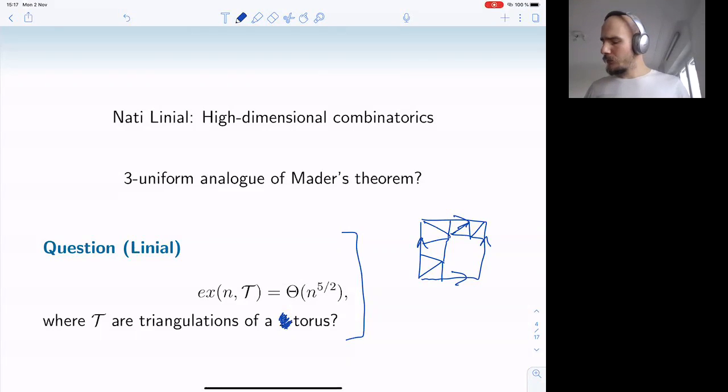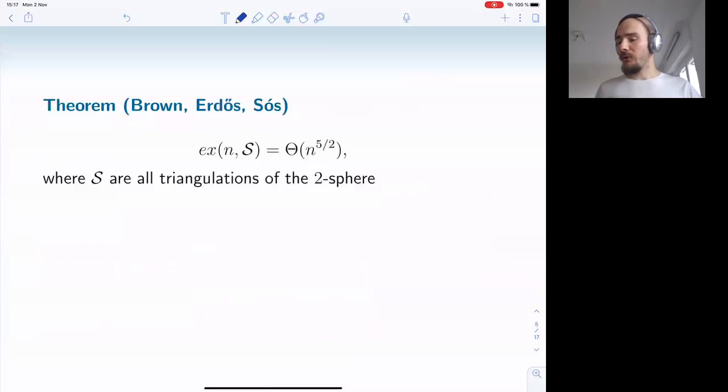Okay. So here, the first question that I would ask at this step, if one hasn't seen this problem, is why torus? Because there is a sphere. And the reason is, for the sphere, the problem is